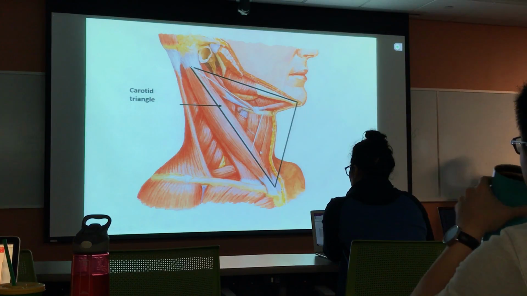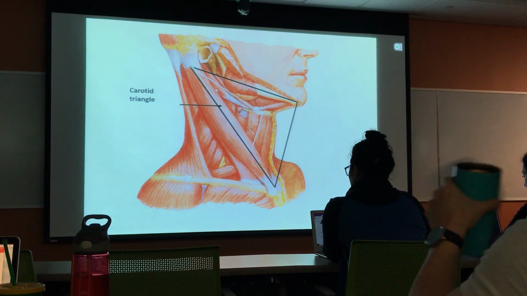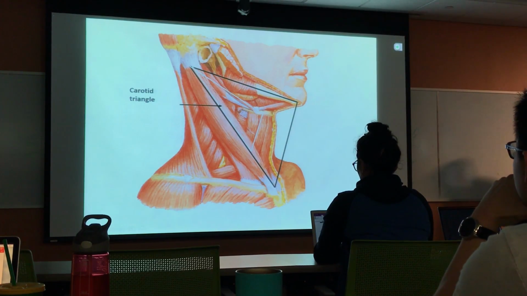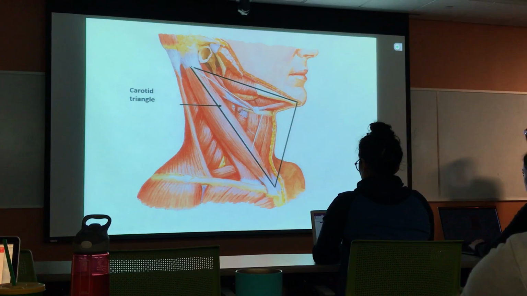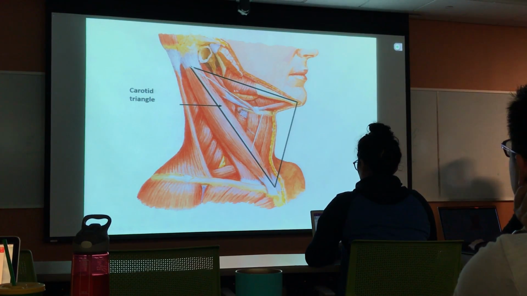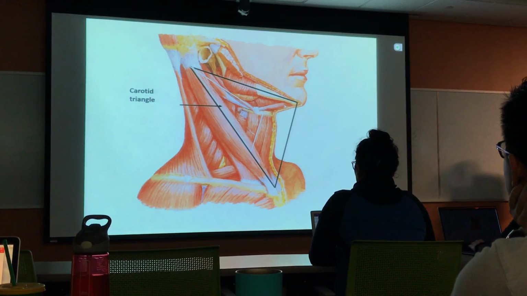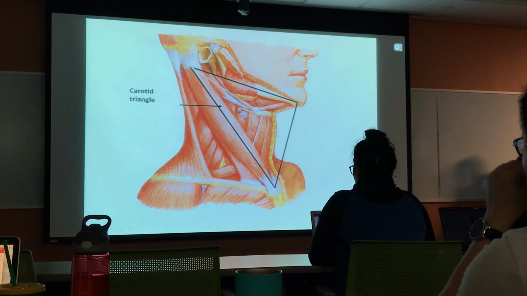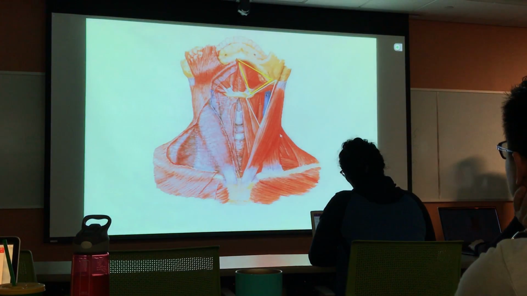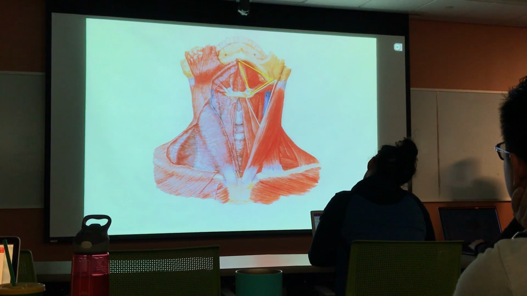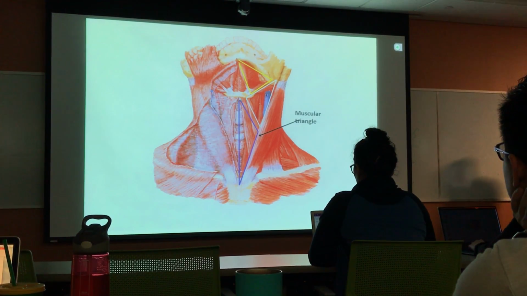So the anterior triangle, you would basically use sternocleidomastoid, posterior digastric, and omohyoid to separate out the carotid triangle. We have a submandibular triangle that's going to be the anterior and posterior digastric with the mandible. I'll show you a different slide in just a moment for submental and muscular. Submental is between the two anterior bellies of the digastric and the hyoid bone, and then the muscular triangle being the midline of the neck,